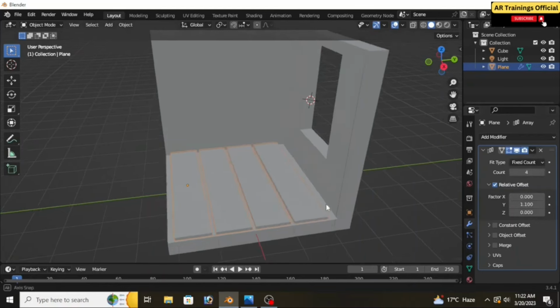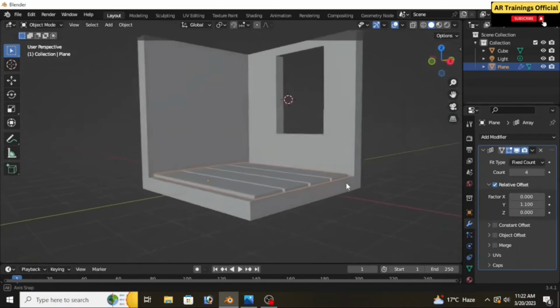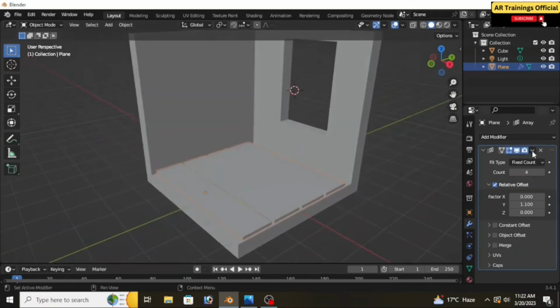Adjust the distance between these wooden planes in the x, y and z direction. Now click and apply, okay, like this. So we have the floor ready to go. Next we are going to model a sofa, and for sofas again you have to press Shift A and add a